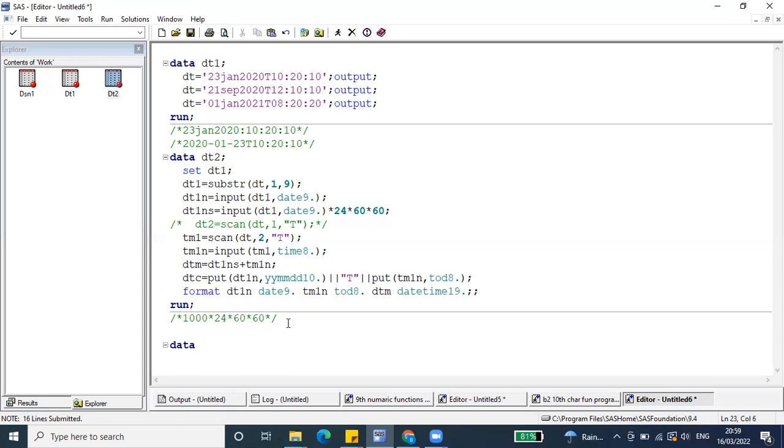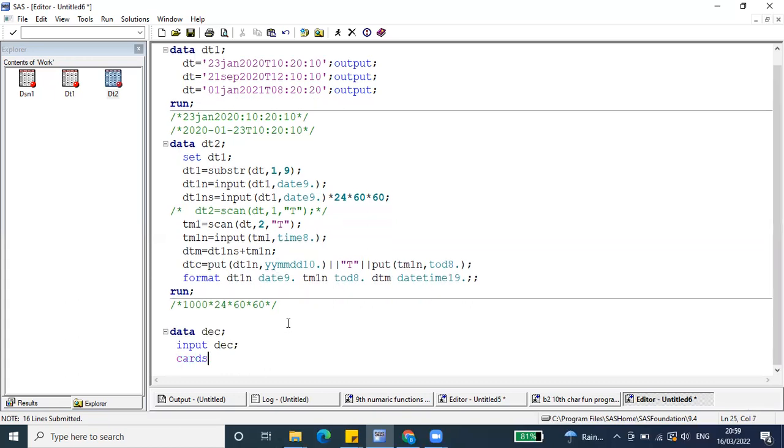Yes, Raghav. The DEC variable, input something. In the DEC variable, I have the values like